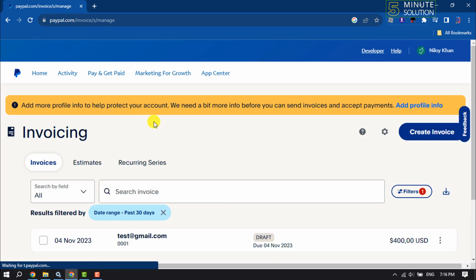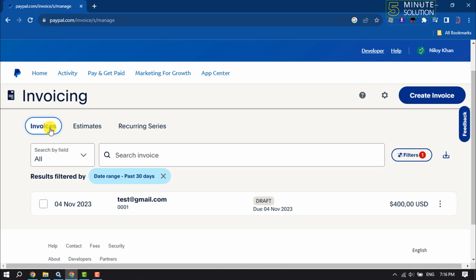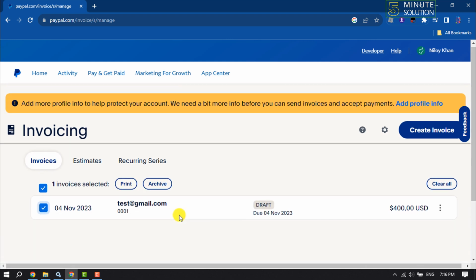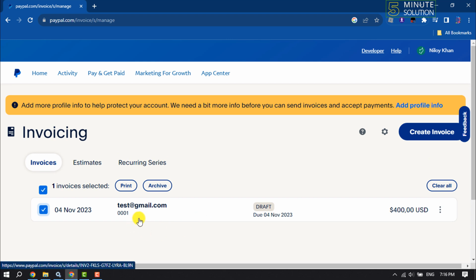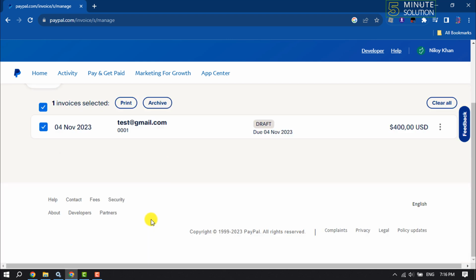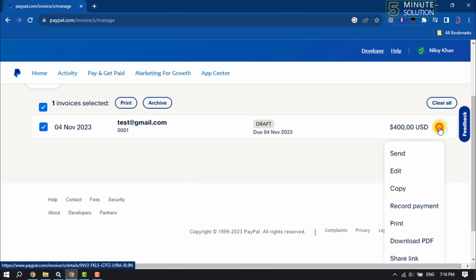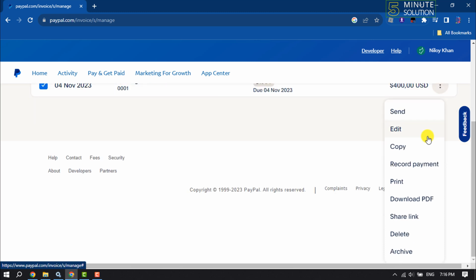And here select Invoices, and now here you will get all of your invoices. Now select the invoice which one you want to cancel and click on this three dot, and here you will get the cancel option. If you can't find the cancel option, then you can delete the invoice by clicking on delete,